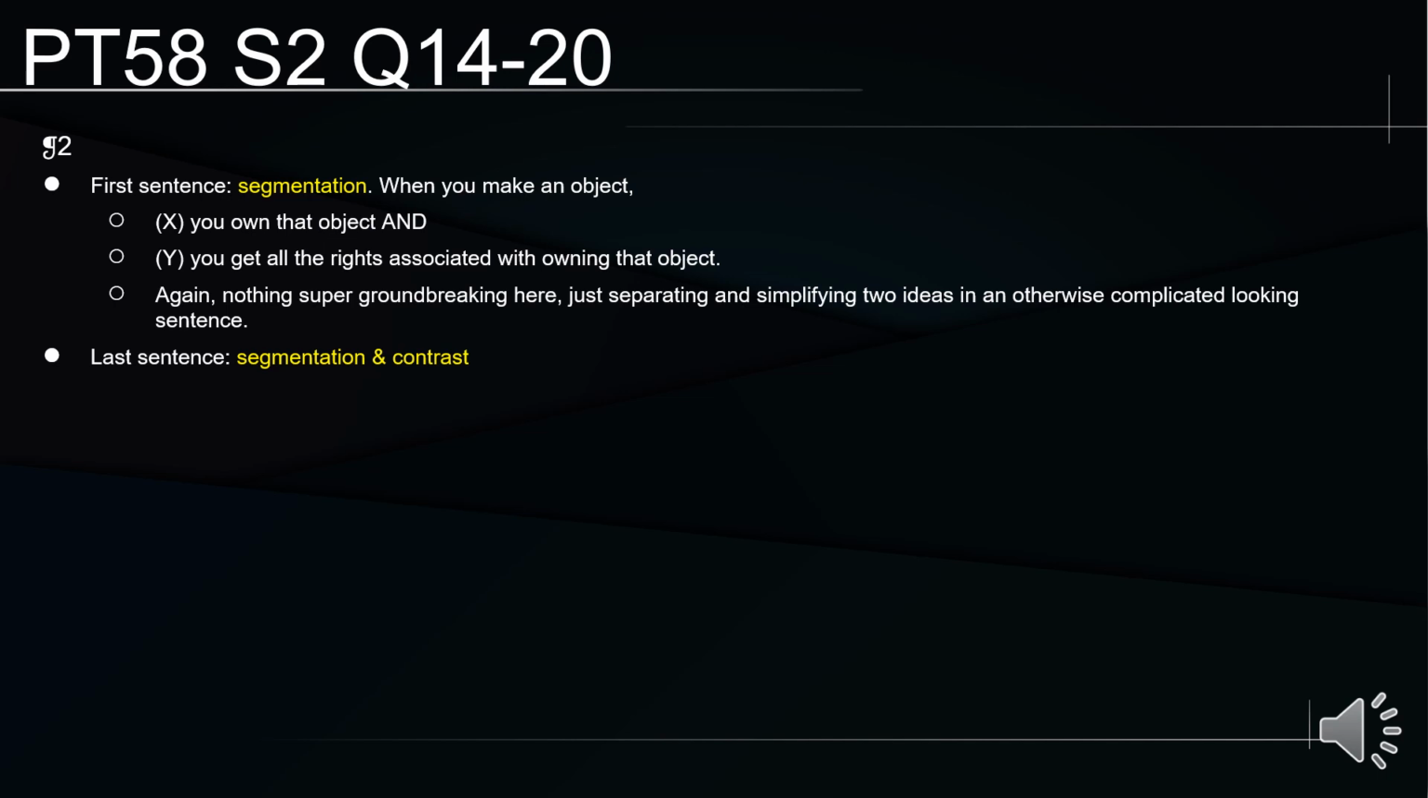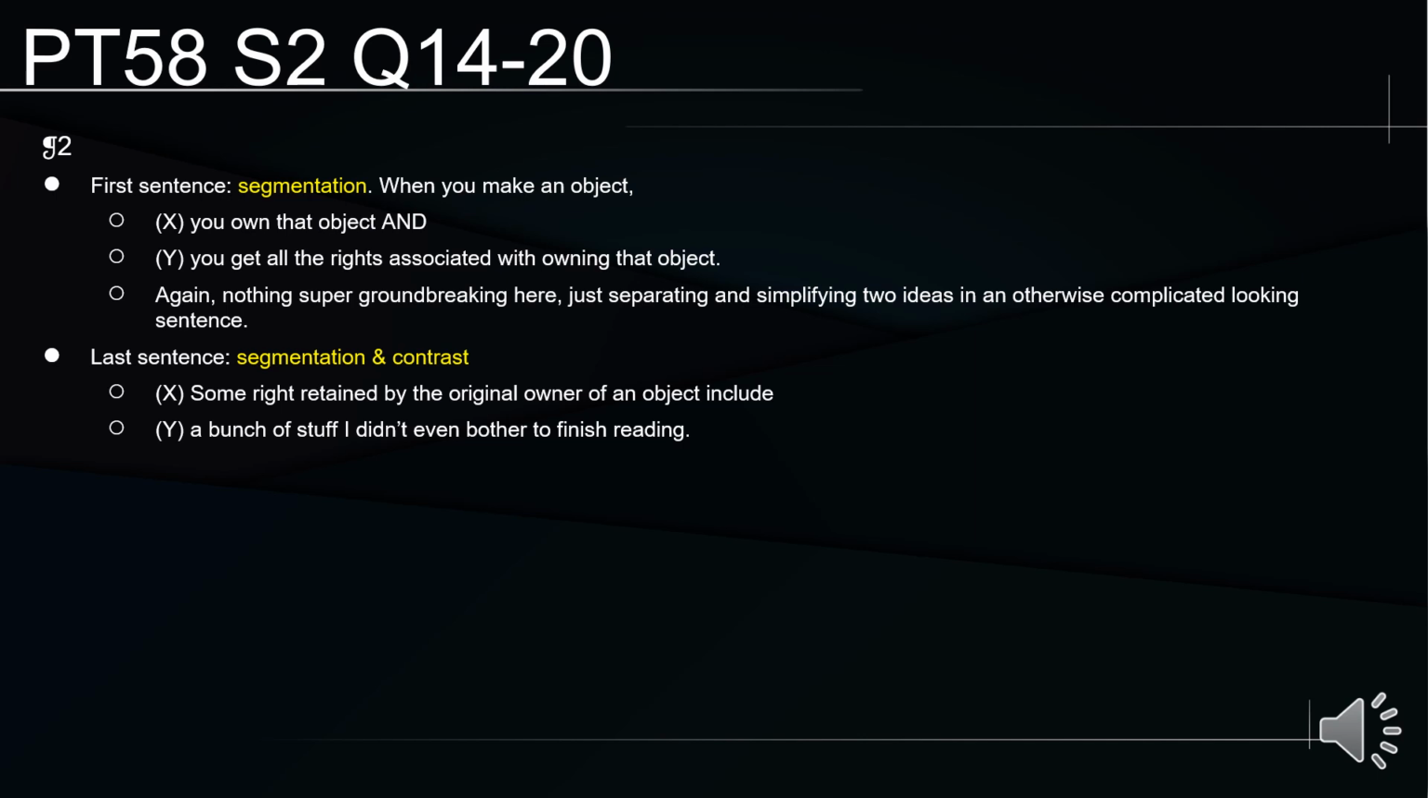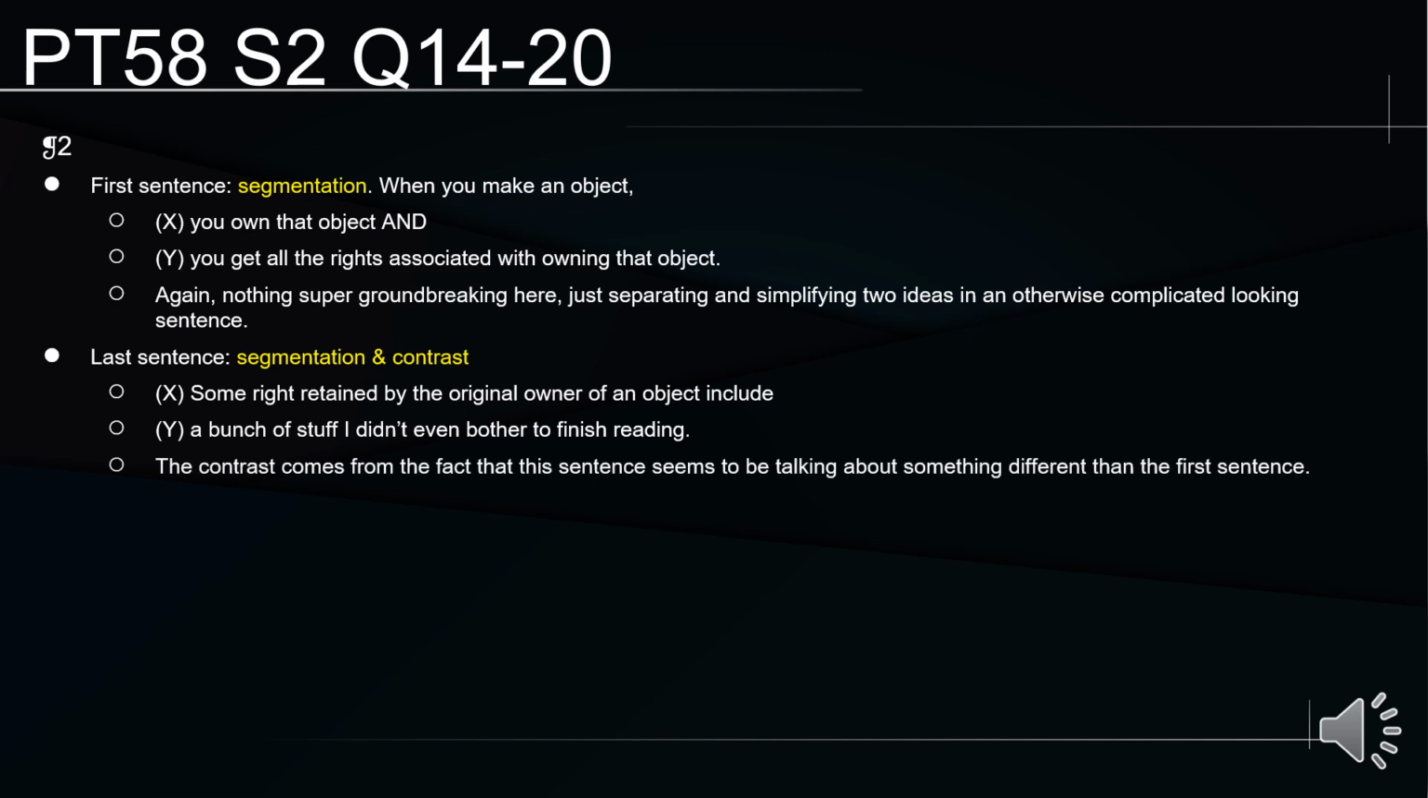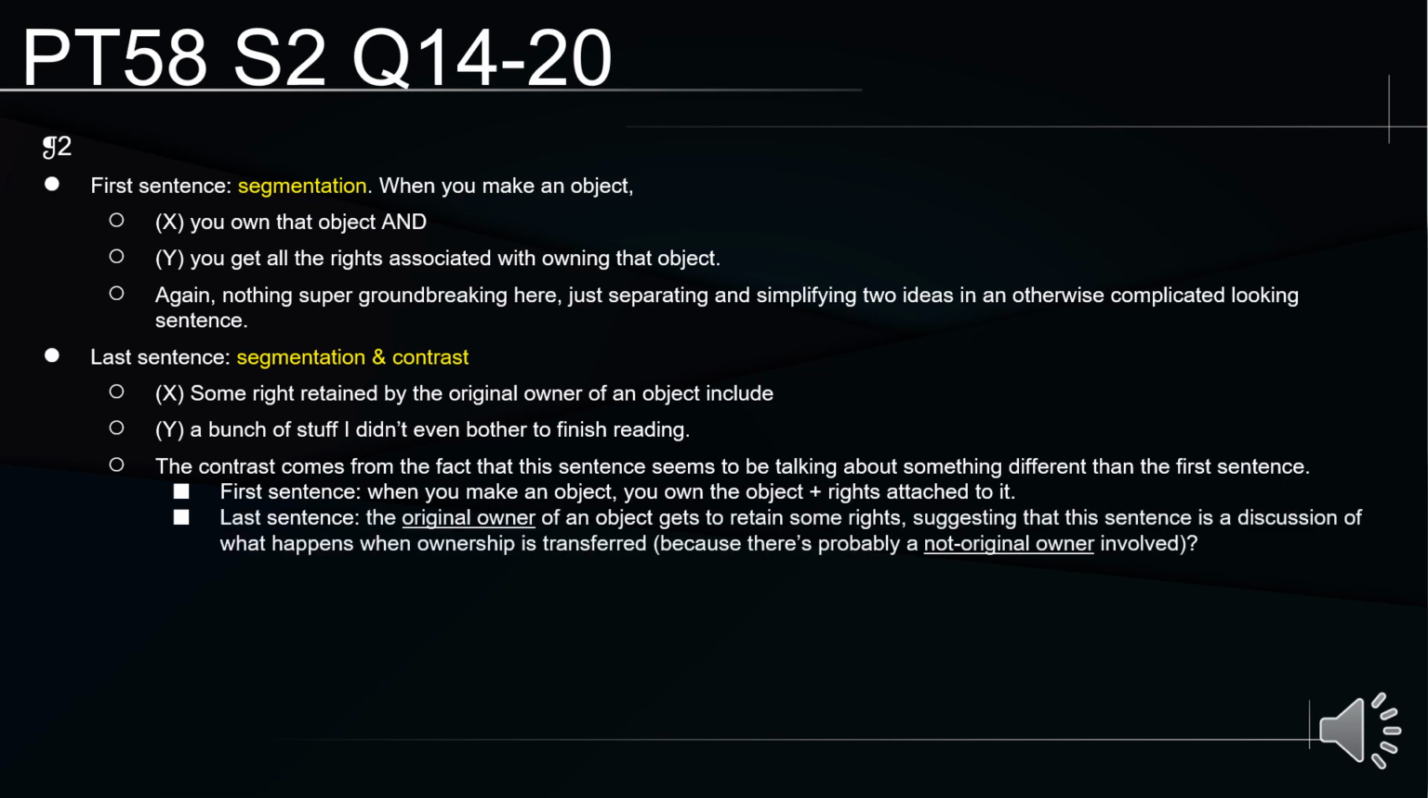The last sentence gives us segmentation and a little bit of contrast as well. So some rights are retained by the original owner of an object, include a bunch of stuff that I didn't even bother to finish reading. I literally just gave up reading halfway through this part of the sentence. The contrast, though, comes from the fact that this sentence seems to be talking about something different than the first sentence. So the first sentence was when you make an object, you own the object plus the rights attached to it. This last sentence that we just read